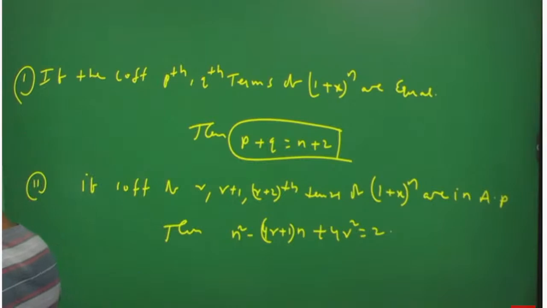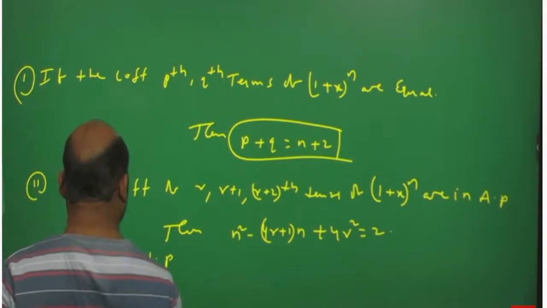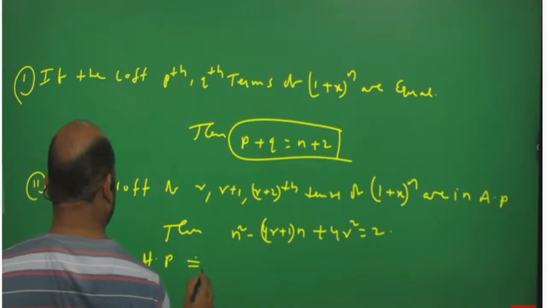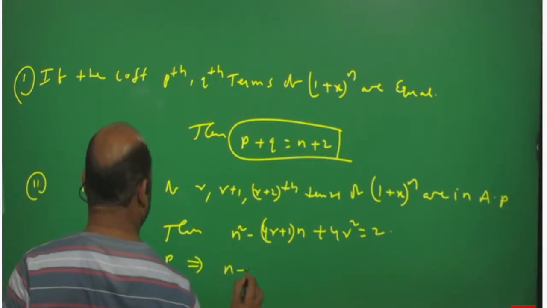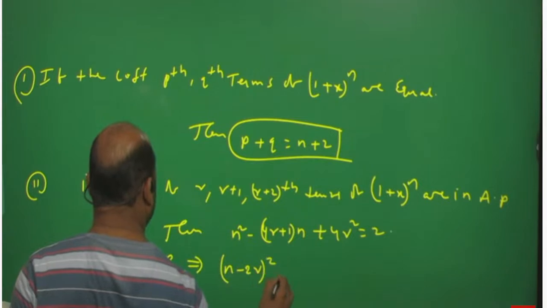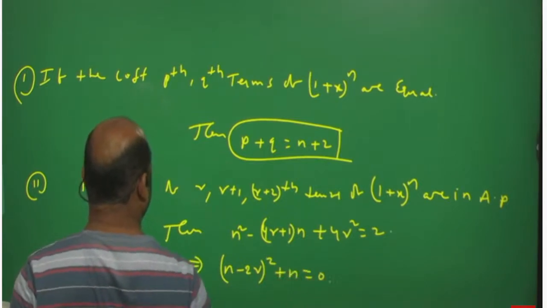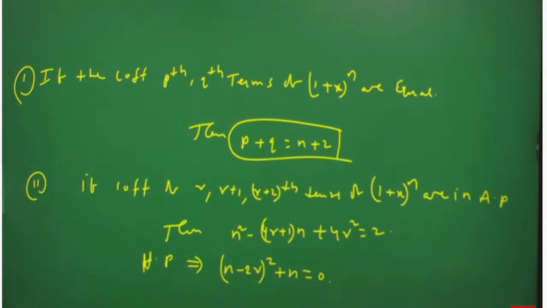And remember, if they are in HP, then (n minus 2r) whole squared plus n equals 0. Clear? Last point of binomial theorem is